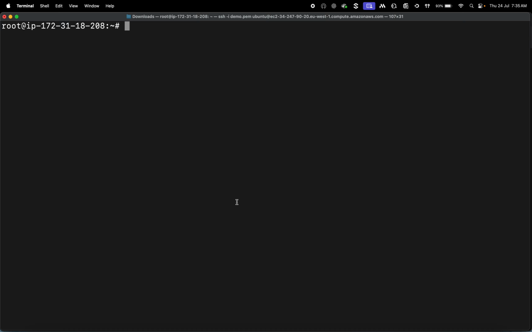Let's say I want to install some package. Let's take an example, Google Chrome. Say I want to install Google Chrome in Windows. Simply I'll just go to the Google website, download the .exe file, and double click on it. That's it. But